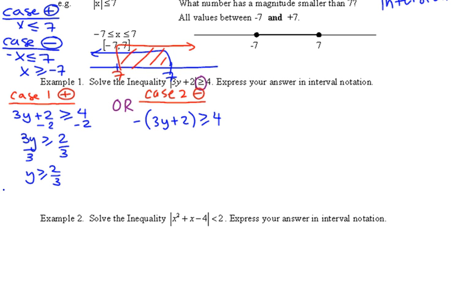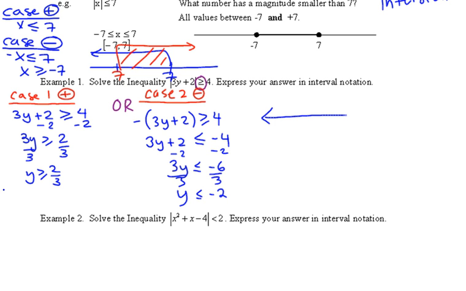Question? We're good? Because here's my variable, right? And here's the absolute, and this is the greater or equal to 4. Okay, so right away, can we divide both sides by -1? Yeah, what happens if I divide by -1? Flip the inequality. Good. Now it's a linear, so get y by itself. 3y is less than or equal to -6, so we get y is less than or equal to